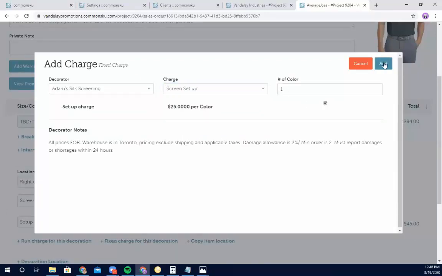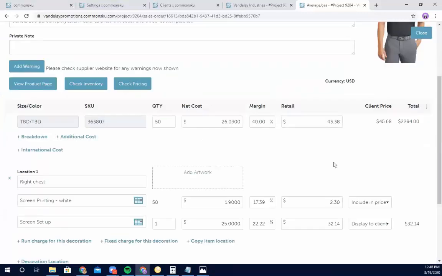You choose which charge you want to add and click add. So much faster than having to reference that piece of paper and remember what these charges are. So if you're an admin, this is something that you need to be setting up. If you're a salesperson and you don't have that capability yet, and you'll know because you'll click on it, there'll be no matrices yet, then get on your admins to put those in there